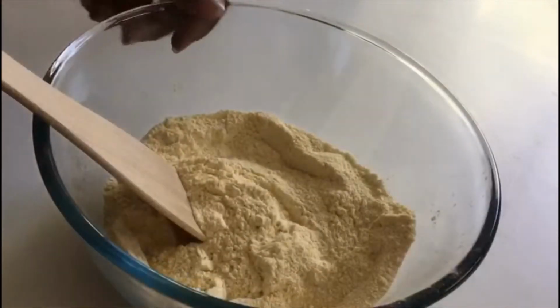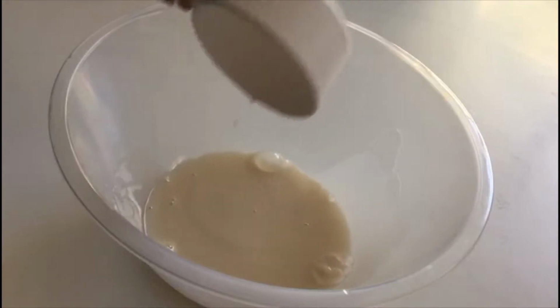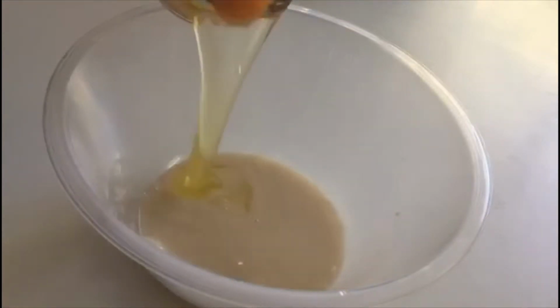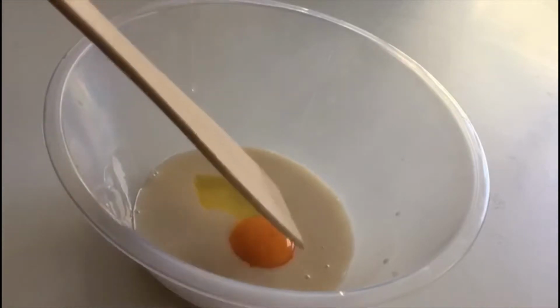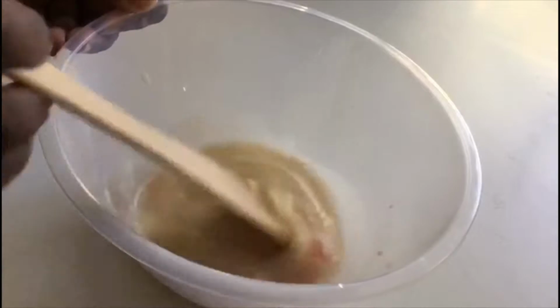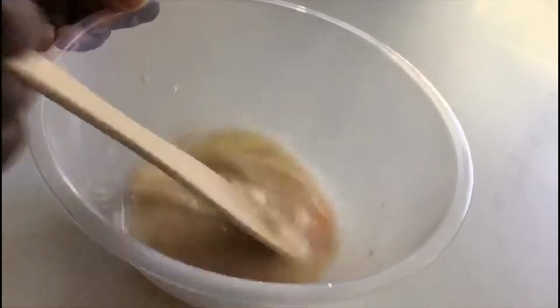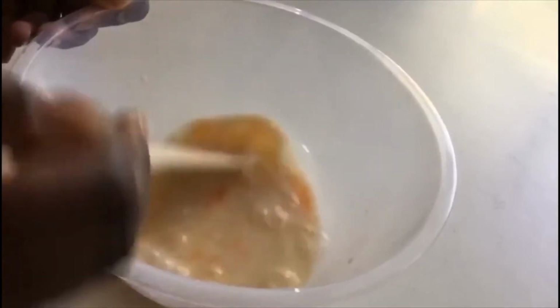and then once you've done that, you want to put that to one side and grab another bowl, and then you want to start with the liquid. So you add in the milk and then the eggs, and then you whisk. Well, you can whisk, but Elle's using, I'm guessing, a wooden spatula. Yeah, let's go with that. So you just want to mix that together